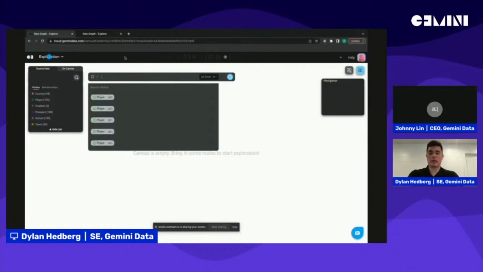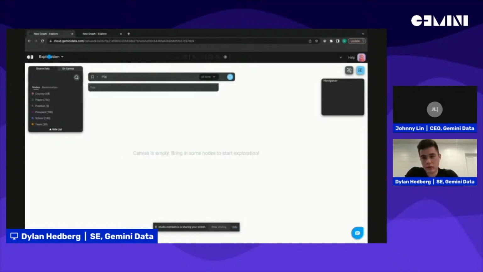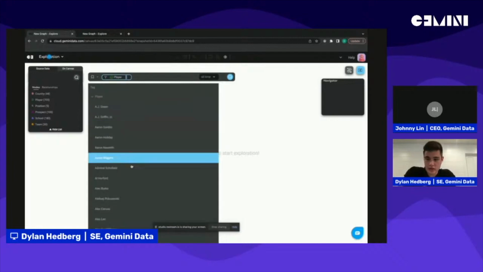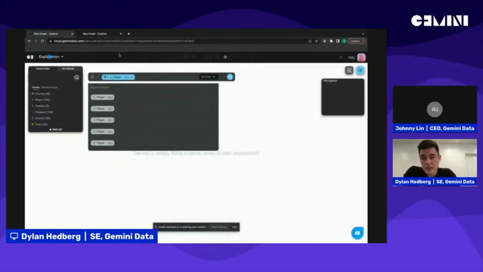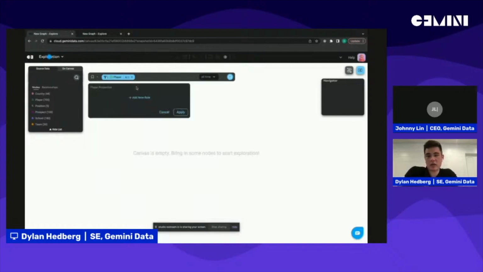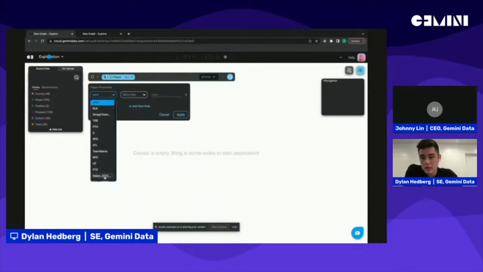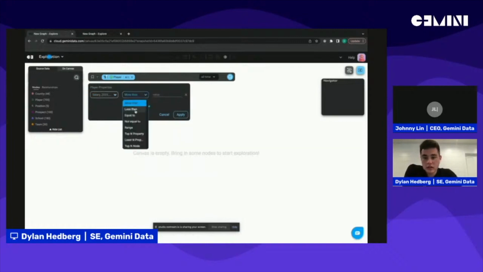So for example, if I wanted to search for players, again helping the Detroit Pistons look for power forwards, I'm going to type in the tag for player. And you can search for individual nodes by typing in their name, or if I select all players, I can add rules to filter my search. So here, perhaps I want to set their salary for 2023 to 2024 equal to 0, meaning that they have no contract in place.